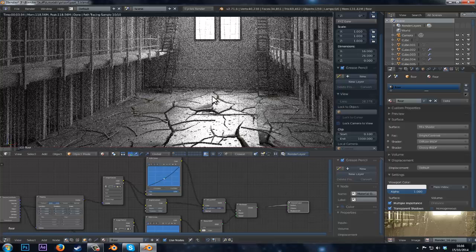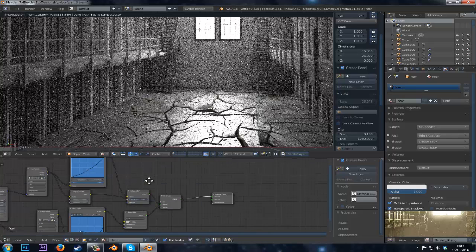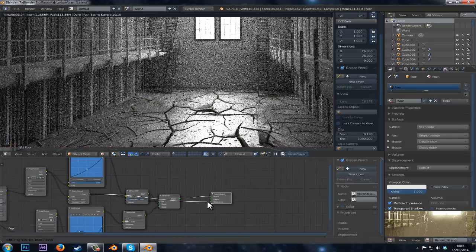the, what's it called, the glossy and the diffuse. As you can see, the cracks are now showing that diffuse color. Okay, so that's cool. One other thing is I had this affect the displacement